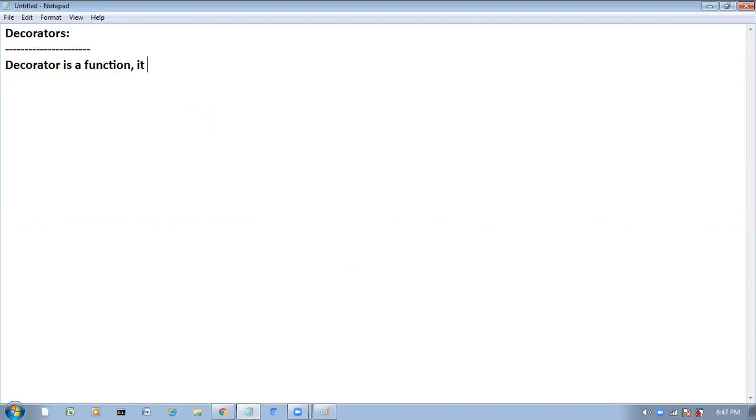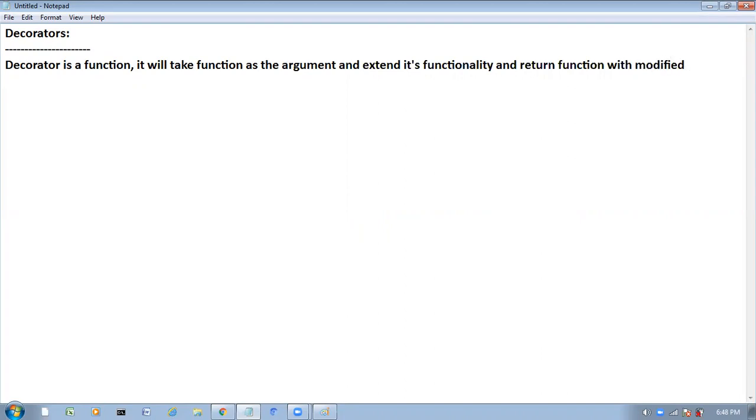It will take a function as the argument, extend its functionality, and return a function with modified functionality. Is it clear? Please go through this step once.